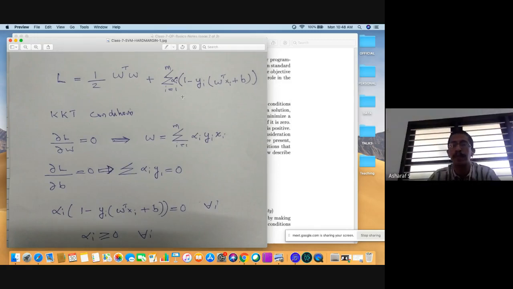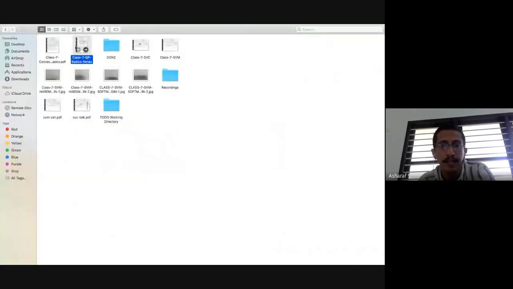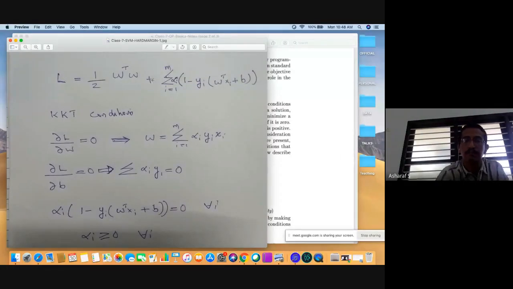And the next part of the KKT condition is essentially the complementary slackness. The complementary slackness condition is essentially the product of the Lagrangian multiplier into the constraint. So this is called the complementary slackness condition. In our case, on the margin, it will be alpha i, our Lagrangian multipliers, into 1 minus